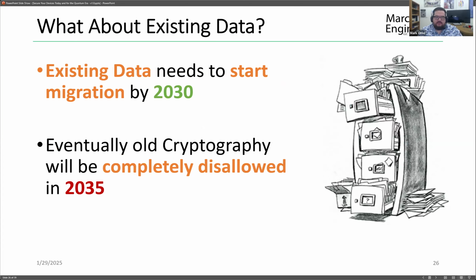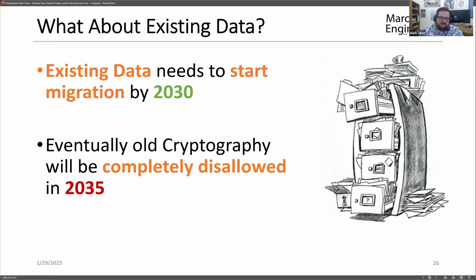One of the caveats is existing data. We have a bunch of existing data that may be encrypted using vulnerable methods, or messages that are authenticating using vulnerable techniques. And so we need to start that migration by 2030. This is about the details of NIST's guidance when they say deprecated, legacy use, disallowed. It's going to be completely disallowed by 2035, which means that